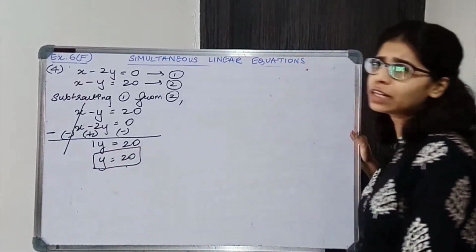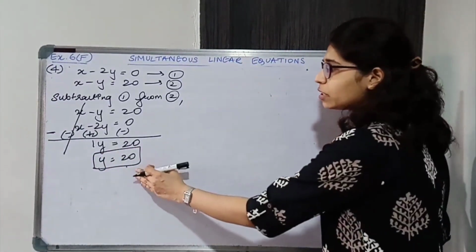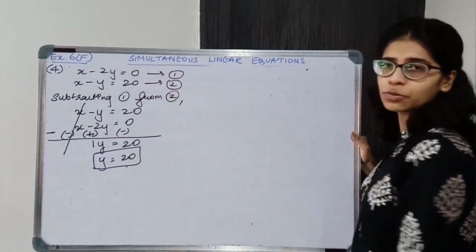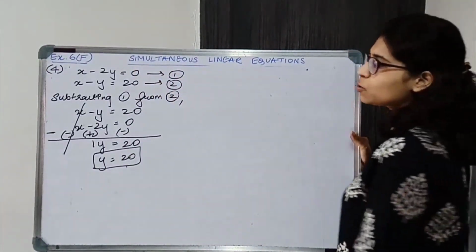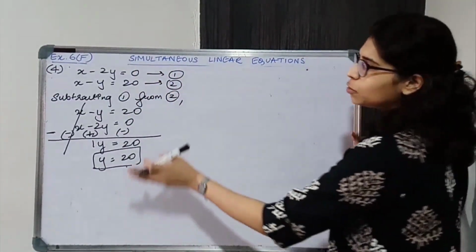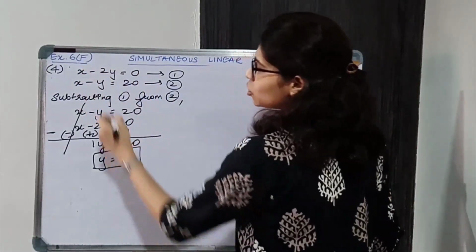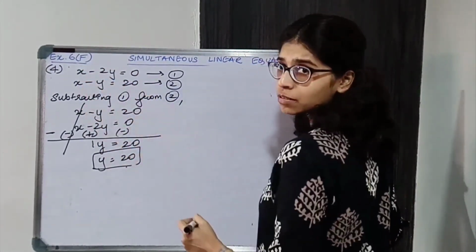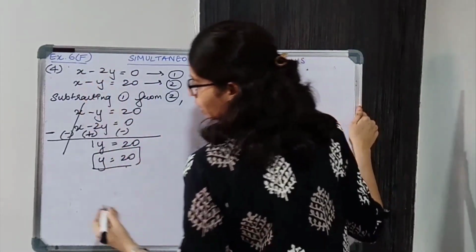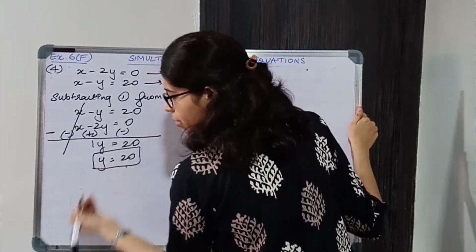We don't need to find the value of y. We just found this and now we are going to substitute in 1 or 2. So this is not actually required. You can directly find the value of x just by taking LCM over here. So y cancels. But I have used this method.